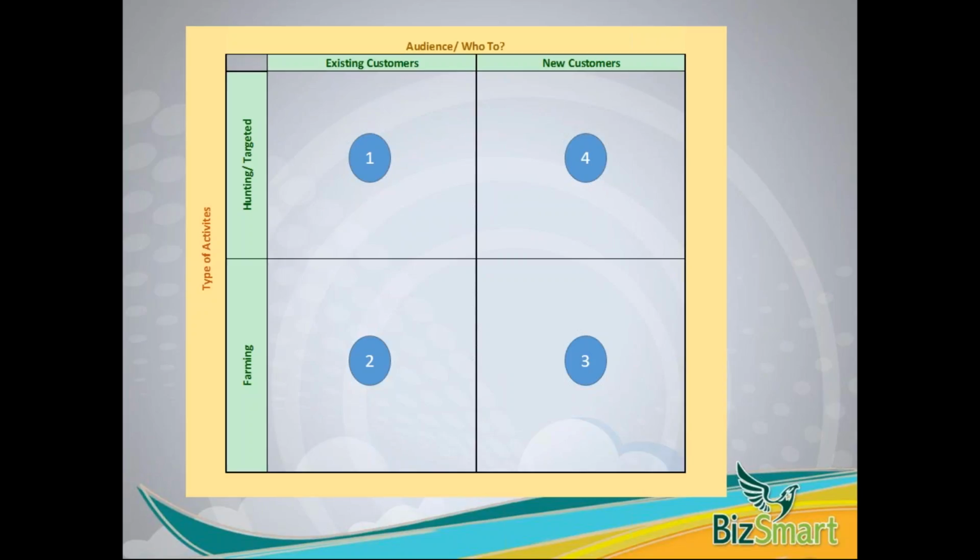What you'll see a little bit later on, though, is that it's not just about doing lots of things and having a mix. We really want to focus those down into the few things that we're going to do well and that will make the biggest difference. But the first thing to do, and I recommend you do this exercise, all you need is a big bit of paper or a flip chart. Well, certainly when we do it, we will put a flip chart on the wall and draw up these 4 boxes